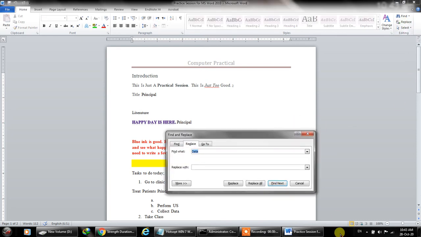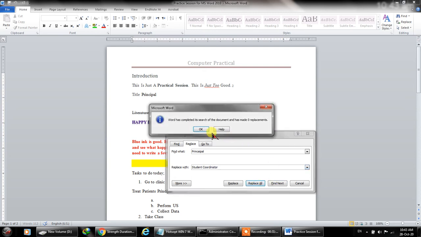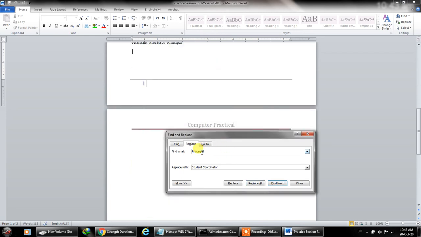Just click replace. Now it will ask me, find what? Principal, and replace it with student coordinator, and replace all. The spelling of the principal I just typed incorrectly.